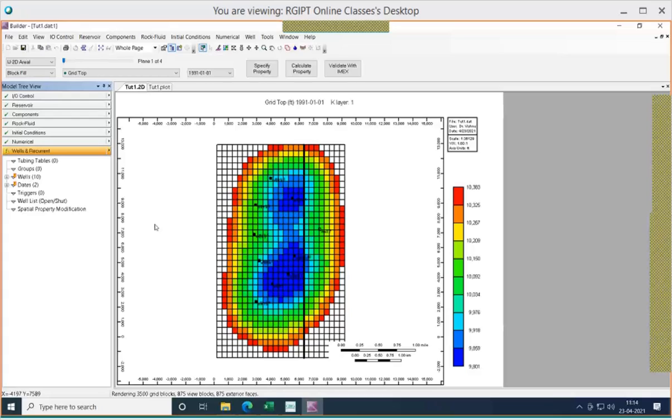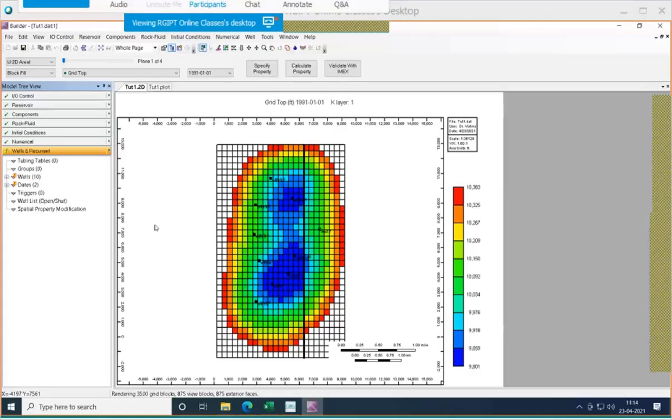That means if our production data, which we already have, is in line with the simulation data, then we don't need to worry much about the simulation results. That means we can rely on the simulation results. Let us say the actual production data is not matching with the simulation results.